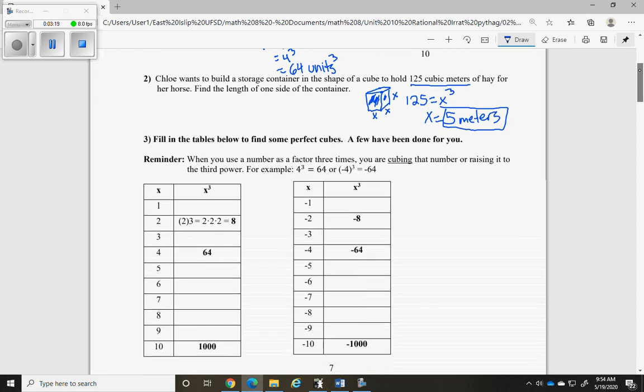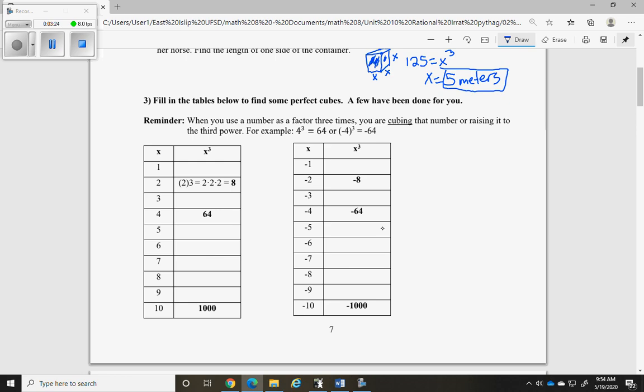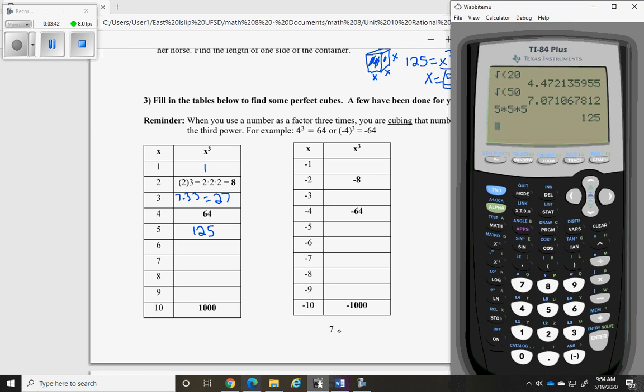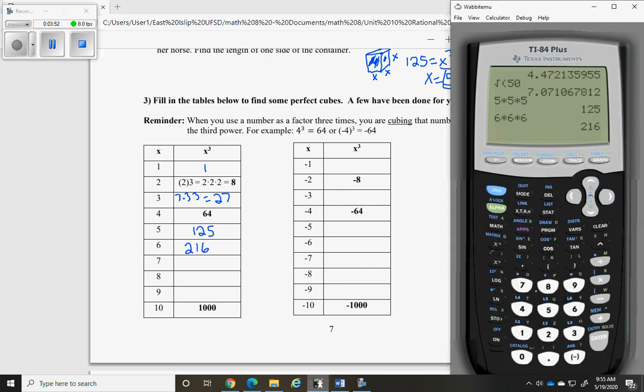So part 3 of our do now, we have to fill in the tables. Some have been done for us, just like yesterday's. 1 times 1 times 1 is 1. 3 times 3 times 3. 3 times 3 is 9. 9 times 3 is 27. 5 to the third power is 125. 6 to the third power. 6 times 6 times 6 is 216. 7 to the third power